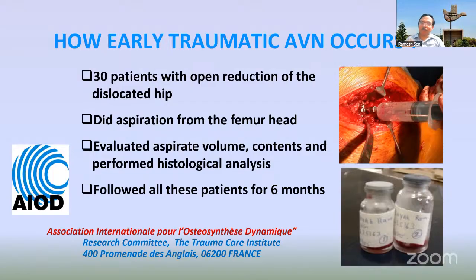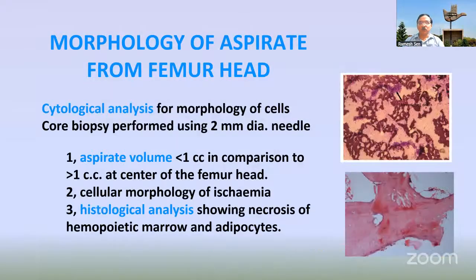When we were opening up, we started looking at the histology and the aspirate. Very important was to get an aspirate from the superior part of the femur head. We aspirated in all of them, using a 16 gauge needle and a 50 cc syringe, making maximum aspiration, noting whether the volume was more than 1 cc or less than 1 cc. That was what we did at the time of the initial aspiration. Then we followed these cases with 6 weekly MRI till 6 months. Whatever aspirate we got, we looked at its volume.